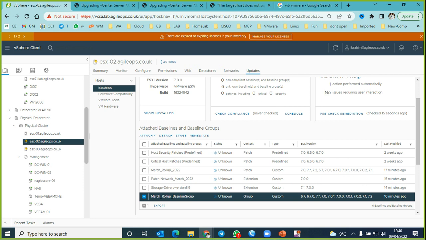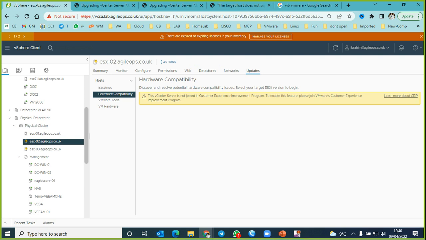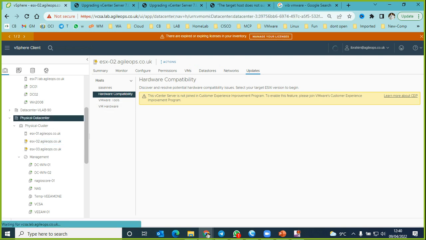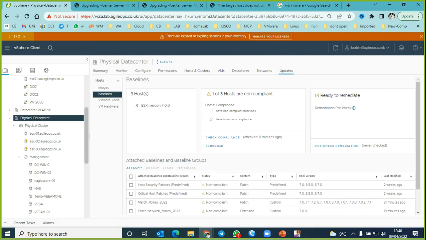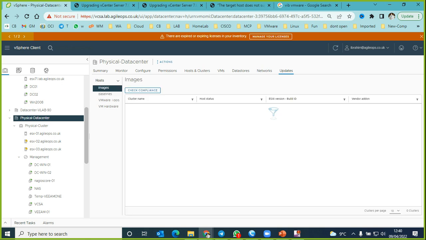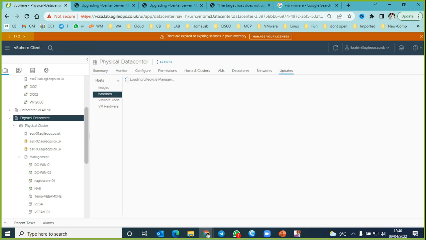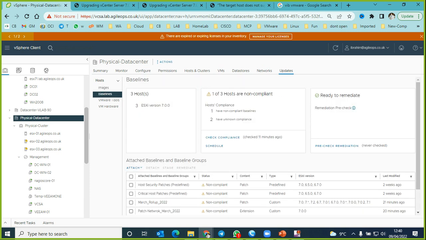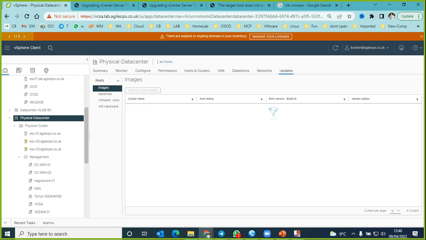Now the last bit which I wanted to cover is, if we go back on updates, let's go back here and we go back to image. So we started doing this but we didn't complete it, right? Now there was a way to upload images. So it's already saying what is compliant and not. Okay, so if we go to images,